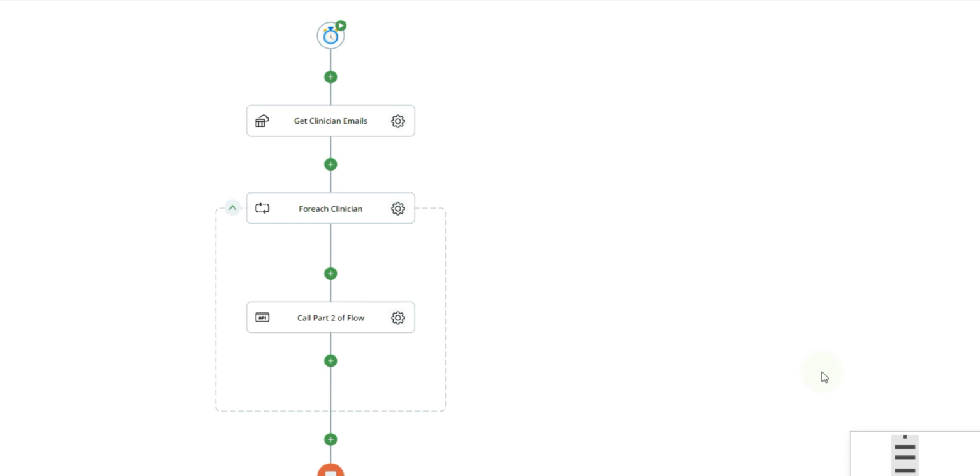However, using a regular for each loop as we usually do can really slow down your flow, especially if you're working with many different tasks for one specific item. So we want to make sure we add some enhancements to make sure it's as quick as possible, and we're not waiting for it to complete all of the different tasks for each item before moving on to the next. So what we're going to do first is create our regular for each loop,